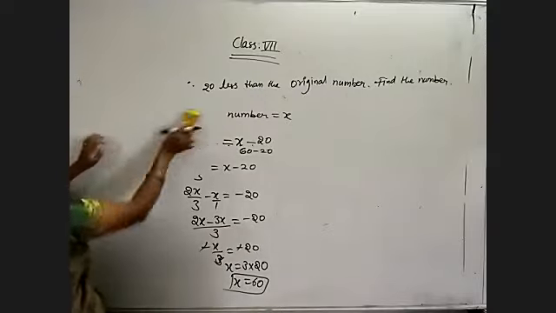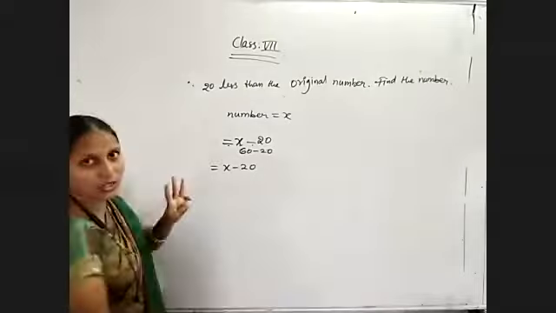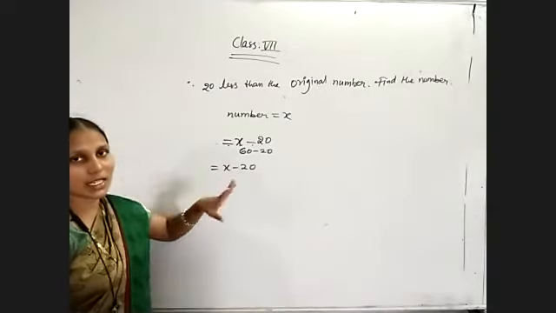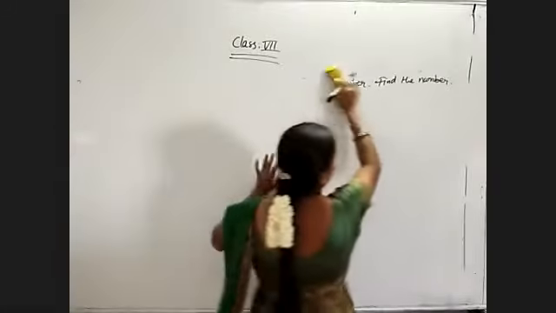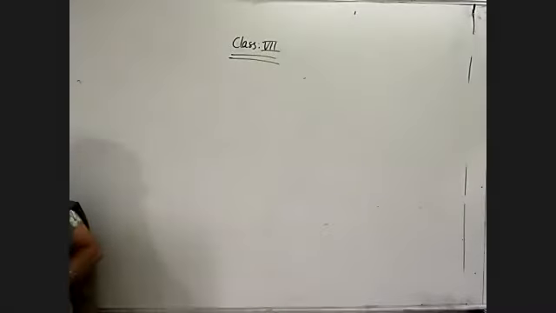When options are given, use the trial and error method. Whatever options they give, four options only they will give, no? Substitute all those values and check whether LHS is correct or not. So when objective type questions are given on such type of questions, that will be easy rather than doing the process.